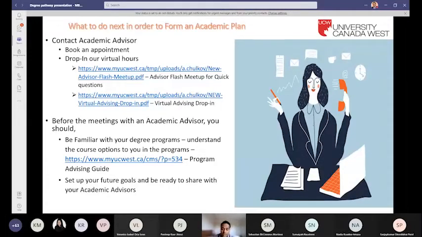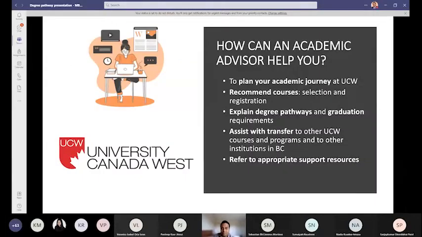We are in this together, so we really want you to be successful. That makes us proud equally to share the success with you. So this is what you need to make sure of when you're joining your meeting with an academic advisor.